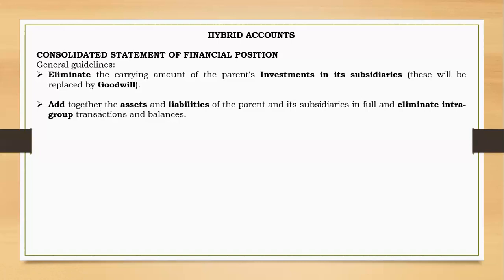Let's say I'm a parent and you are a subsidiary. I sold goods to you. After selling goods to you, you have the goods, right? Let's say I purchased those goods at $30 million, but I've sold them to you at $35 million, meaning that I've earned a profit of $5 million. But let's say at the end of the period, 40% of those goods are still in your books,